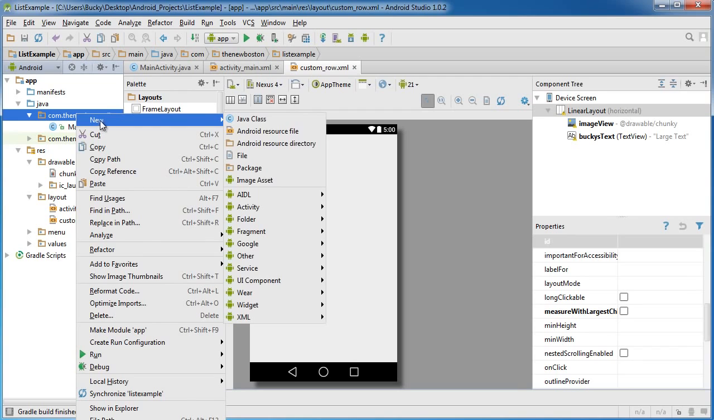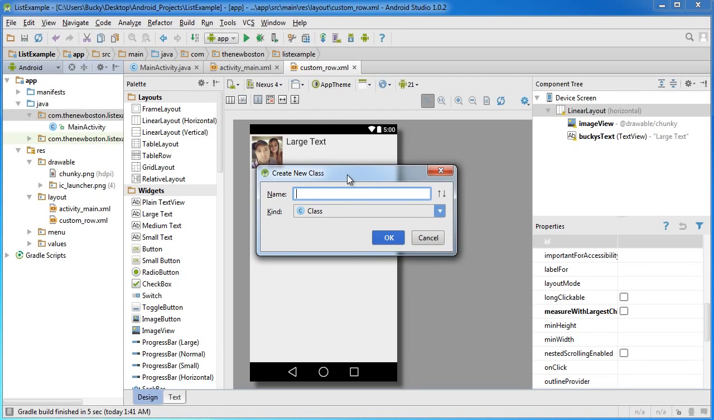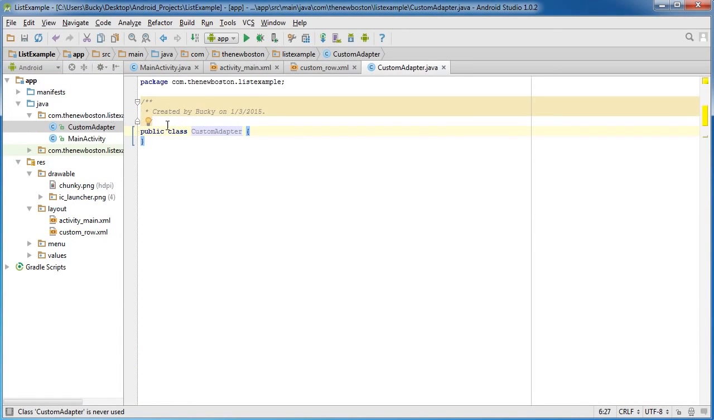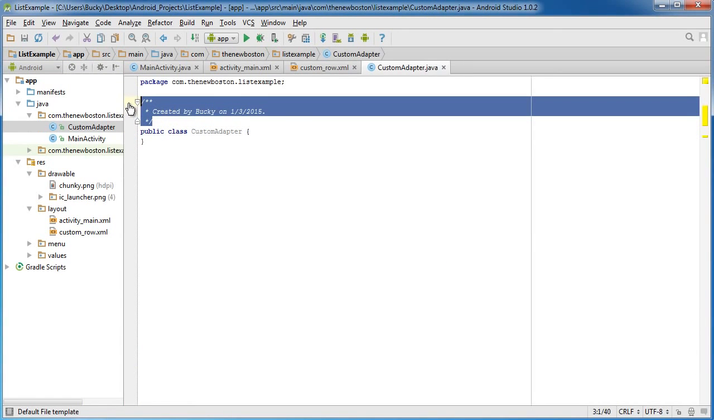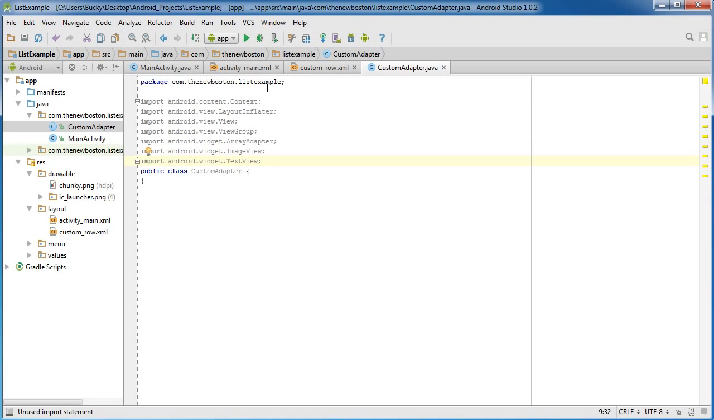So right click, new Java class, and I'm just going to name it custom adapter. Hit OK. And actually I already have my imports copied, so I'm going to paste them right in there. So if you want to pause the video and copy all those, then go ahead. Or if you just want to copy it from my website, you can do that too, whatever. Alright, so the first thing I want to do is get rid of public, so we just have class, and I want to, actually you need to inherit